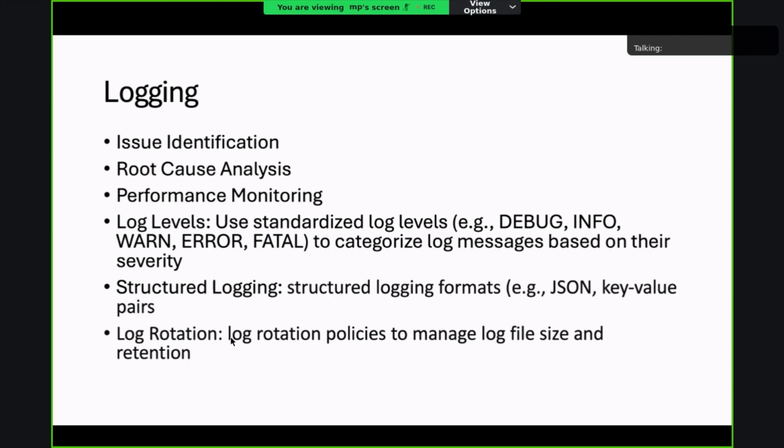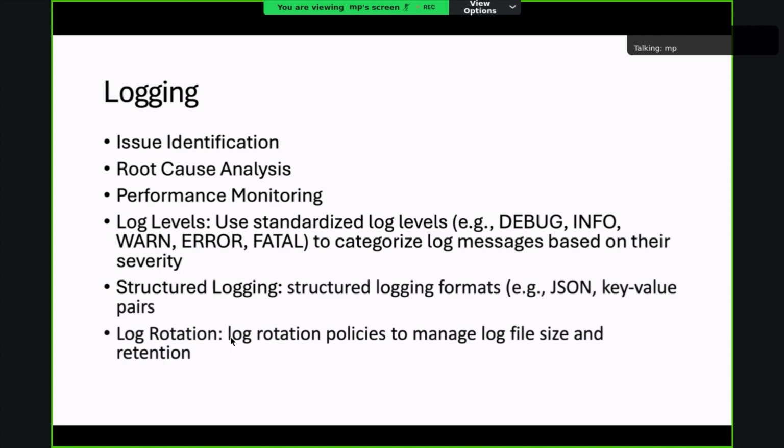So logging becomes very important in that case to identify the issue, to do the root cause analysis, to do the performance monitoring, or to analyze the performance metrics of the service. And there are different log levels that are used.